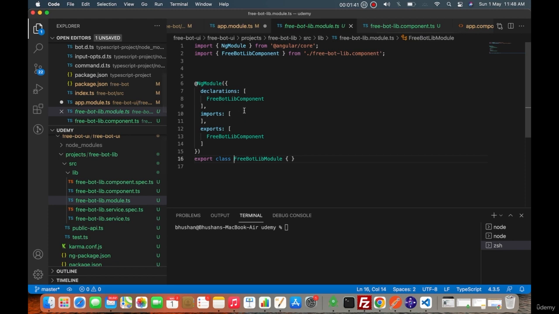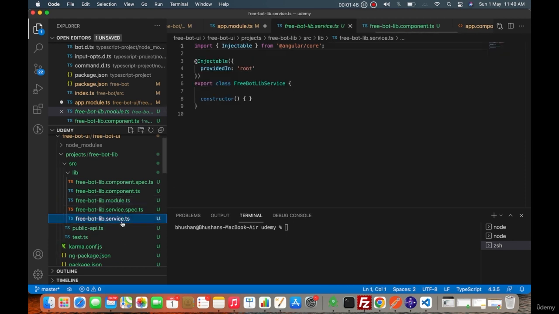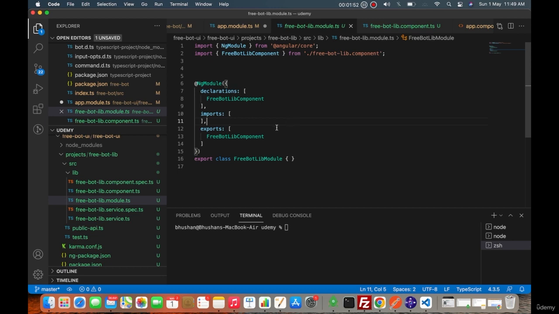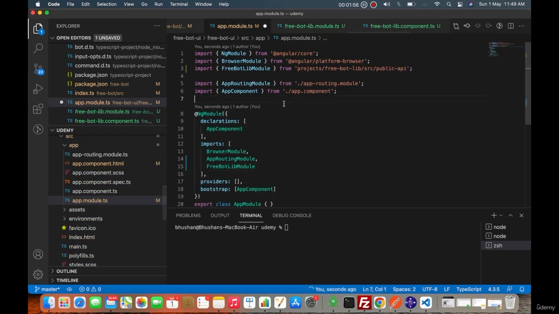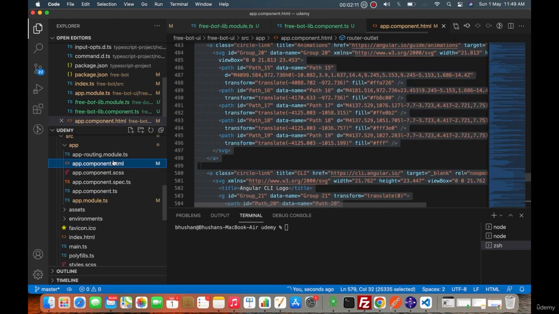If you go here, you can see that the lib component is available. If you want the service to be exposed, you can even import that in the module, and it should be available to use later. Right now we don't need it, so I have not imported anything else. In the app module, which is the main entry for the Angular project, we have imported the free bot lib module here, and inside this